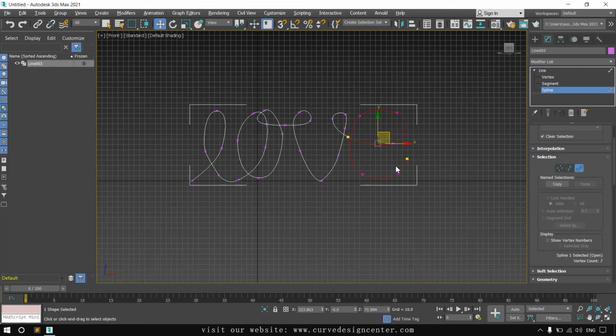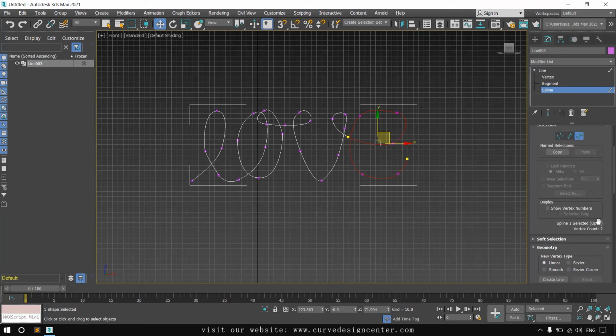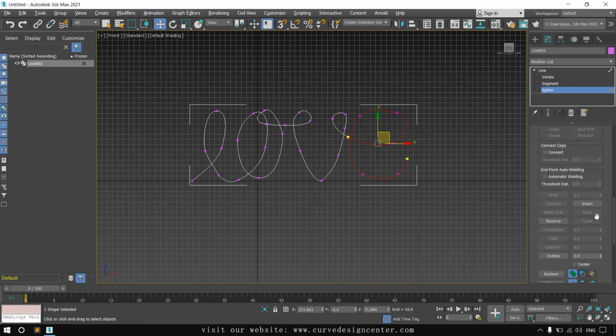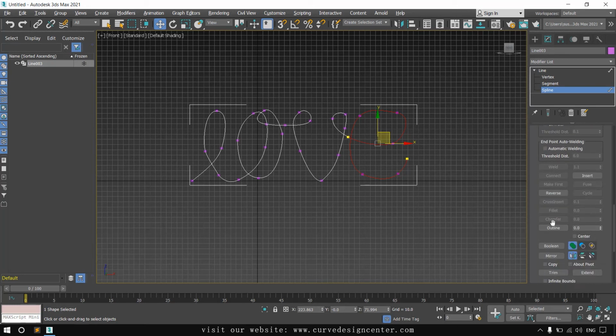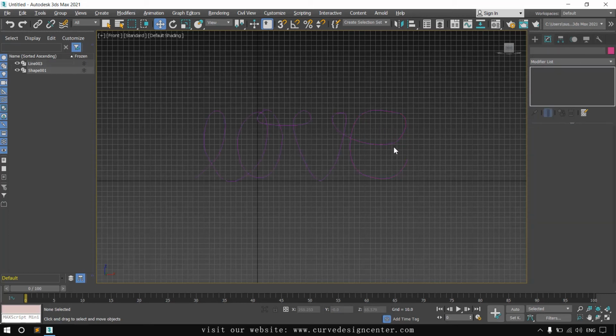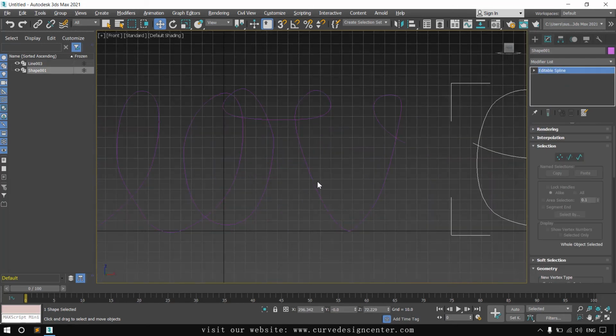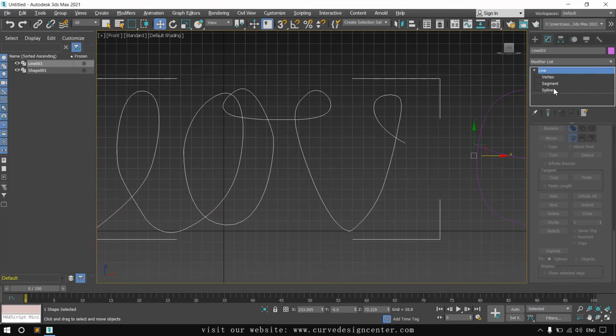So select these splines and find the detach option. Detach. Okay, provide any name, press OK. Now this object is separate.